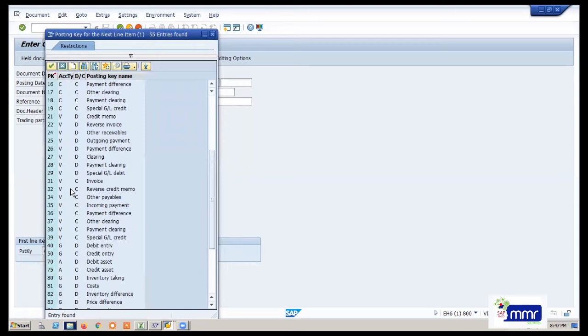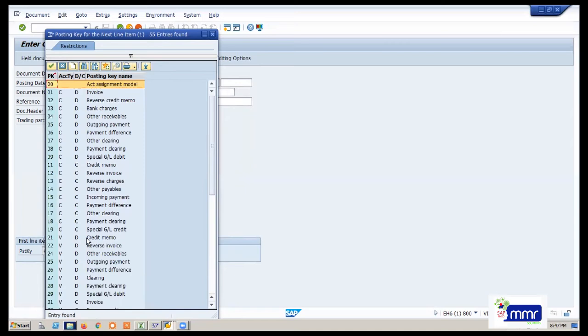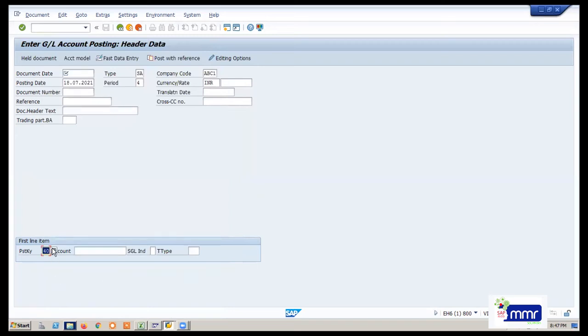Since the reference is not taking, you have to come down and select like this only. See, GL debit, it is G. So based on this you will find out. Otherwise you have to remember only. There are only 2 ways. You have to find by the drop down, otherwise you have to remember.